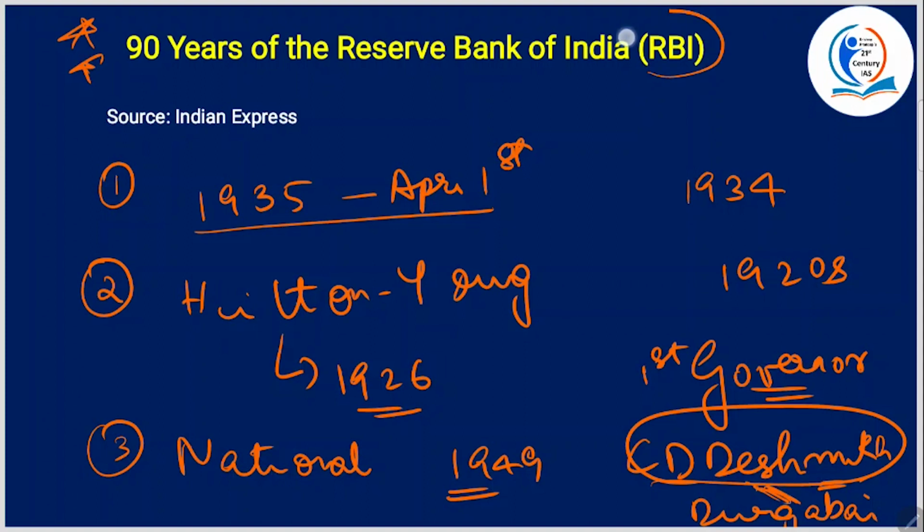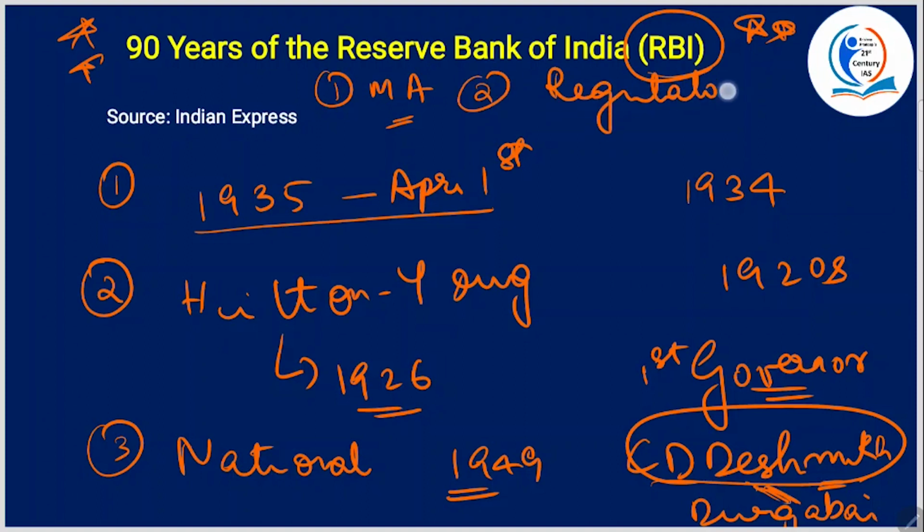Now, functions of RBI are very, very important. All right. What are the functions of RBI? It is the monetary authority, that is, it formulates, implements, and monitors the monetary policy. Second one, it is the regulator and supervisor of the financial system. That is, it prescribes broad parameters of banking operations within which country's banking and financial system should function. Okay. And it is also the manager of Forex, that is foreign exchange. And it manages the Foreign Exchange Management Act of 1999. It is also the issuer of currency.